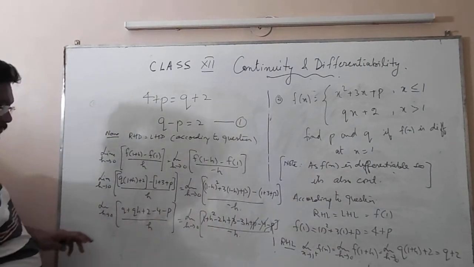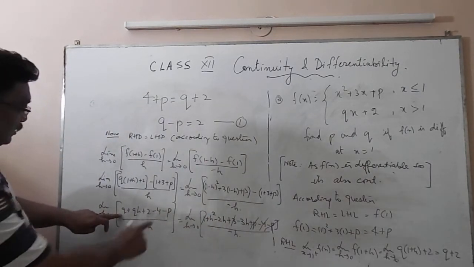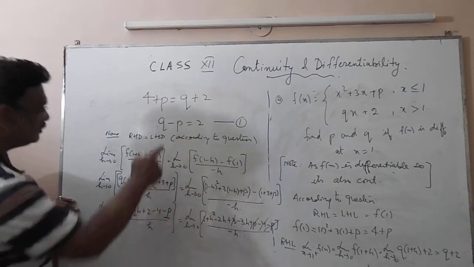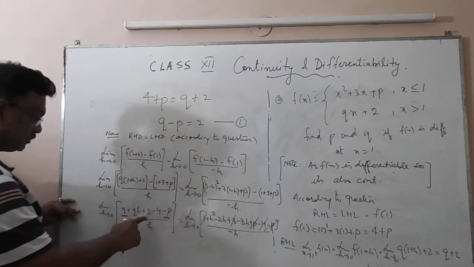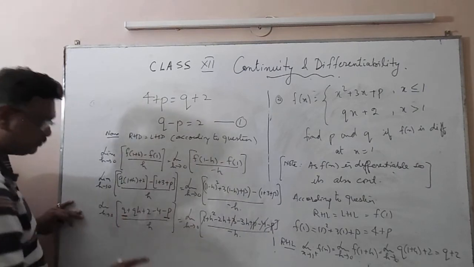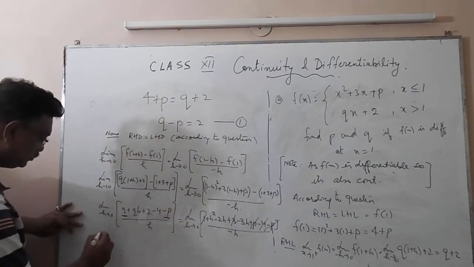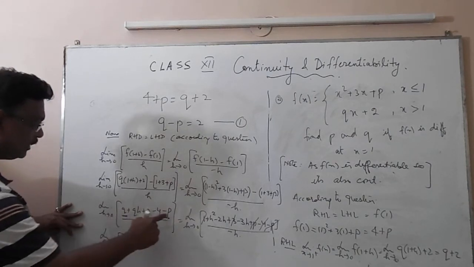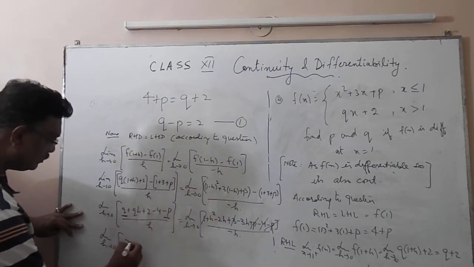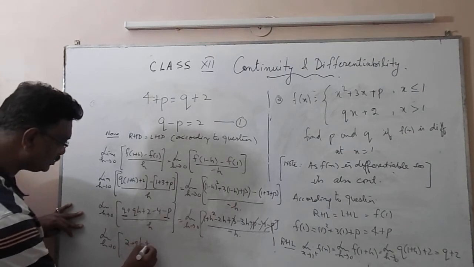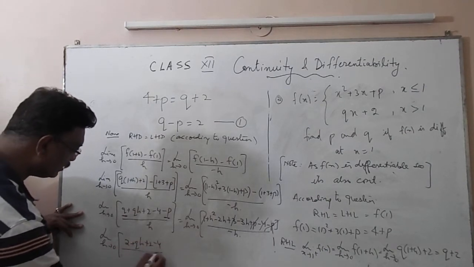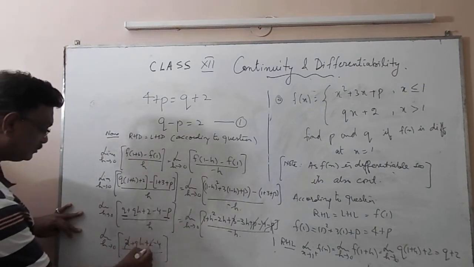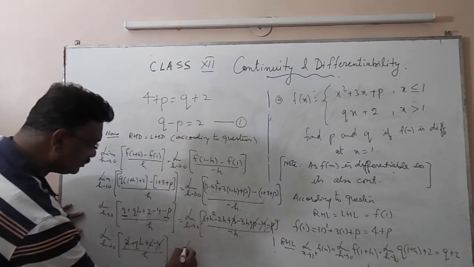In this question, this q minus p, this value is given as 2. So substitute that value. Substitute q minus p as 2. So we get limit h tending to 0, q minus p as 2 plus qh plus 2 minus 4 upon h. So these values get cancelled, and on this side